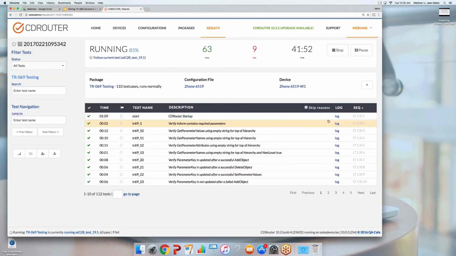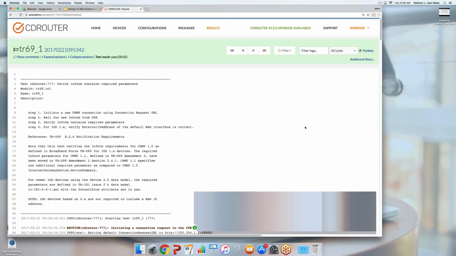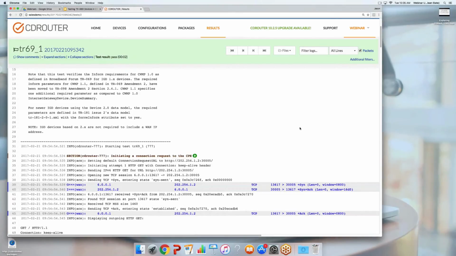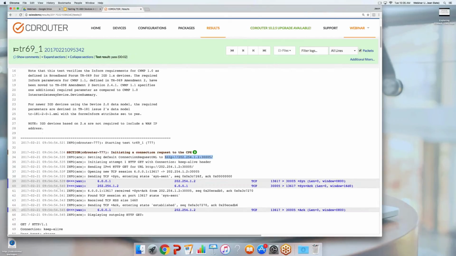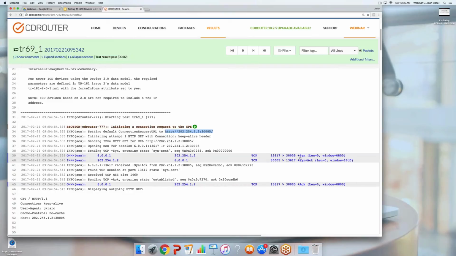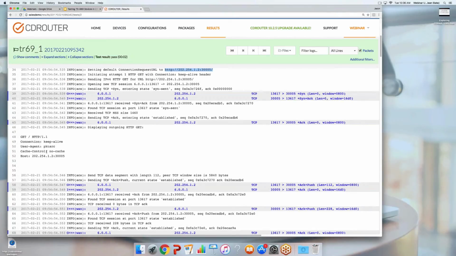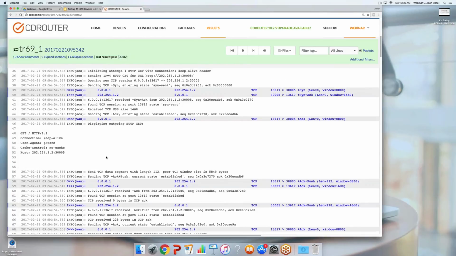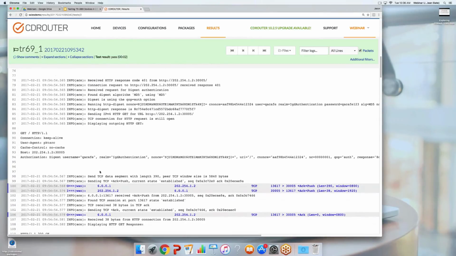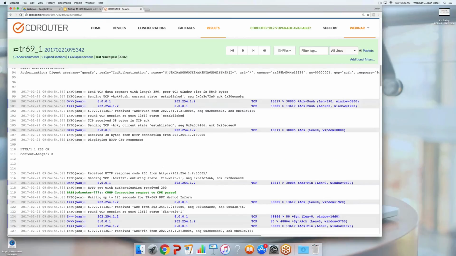Once we get past the startup section, the TR69 tests begin running, and you'll see in any TR69 test, CDRouter will automatically connect to the device using the connection request URL that it learned during the start phase. So here we have the connection request URL. The ACS connects to the device and sends a GET to that URL. And once it is authenticated and we get an OK,